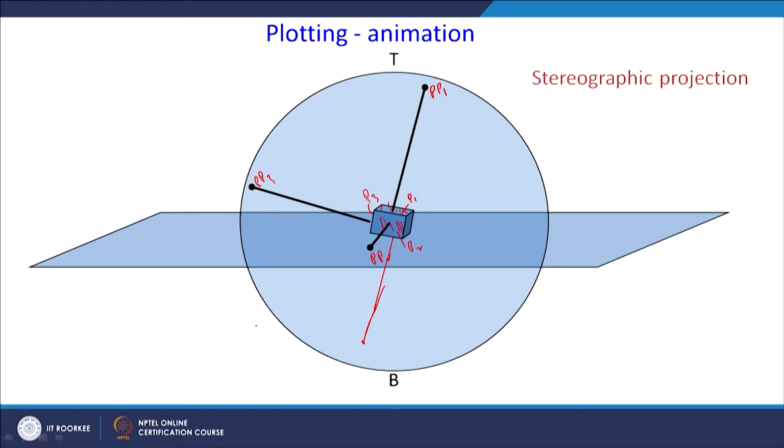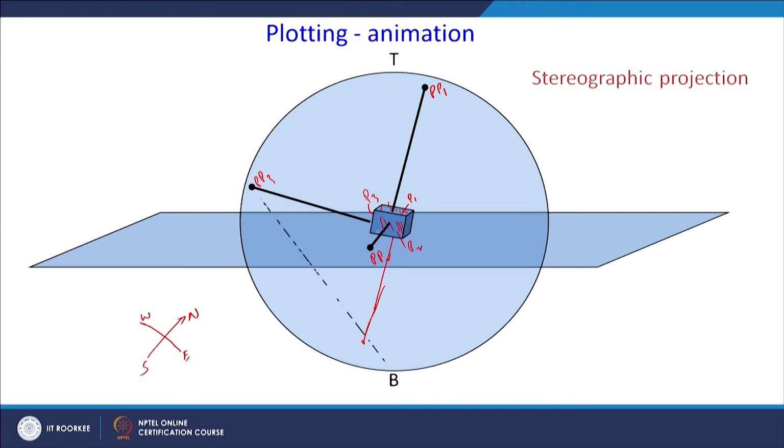And I am also creating a reference frame on this equatorial plane, and that I am calling north, south, and east, west. So, right now it is in 3 dimensions. When we see from the top, then the north, south, east, west, all these 4 will be projected on the screen. So, still it is in 3 dimensions, all the information.